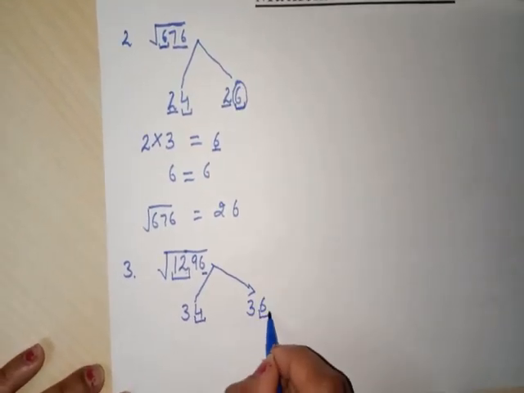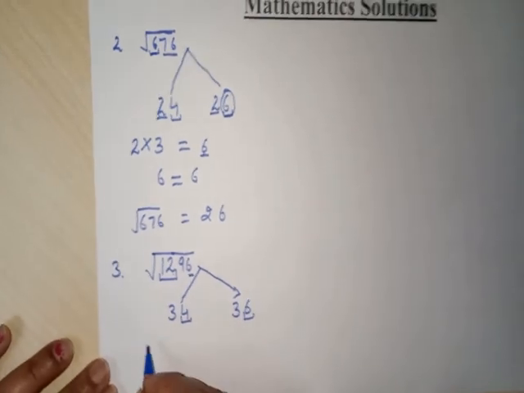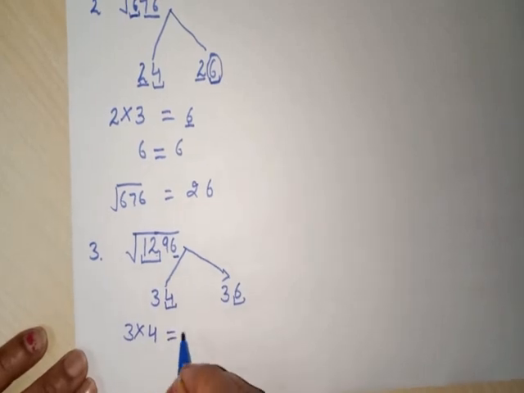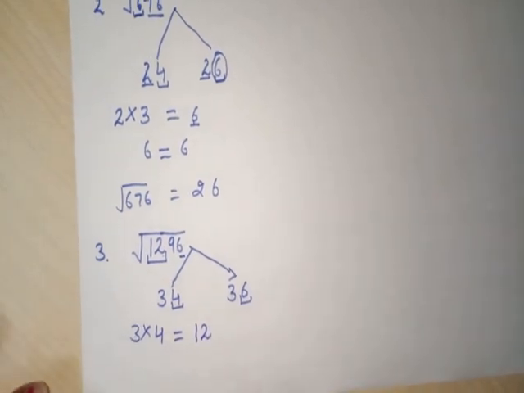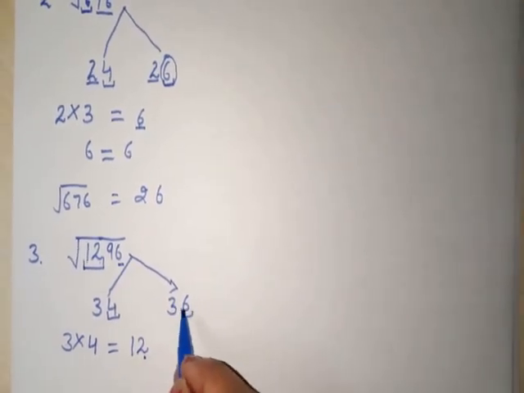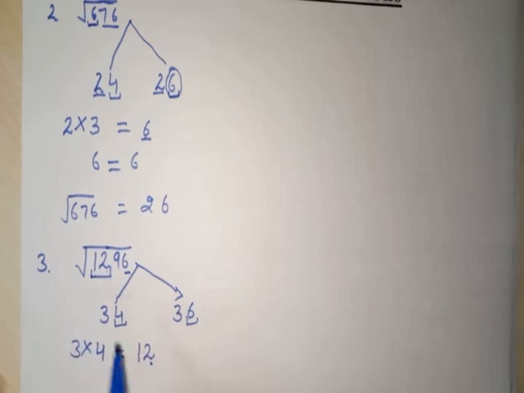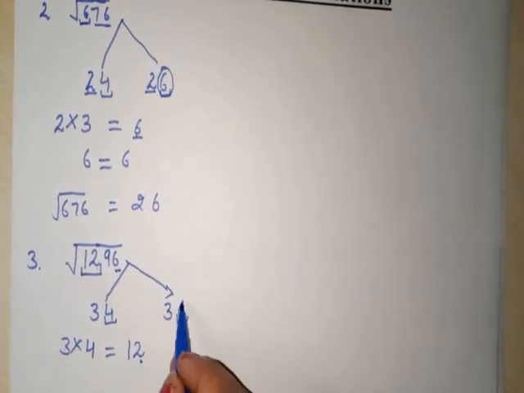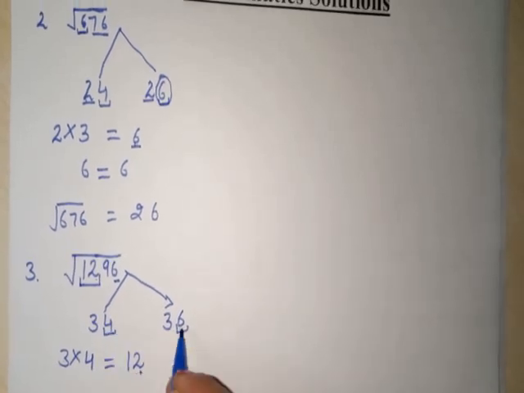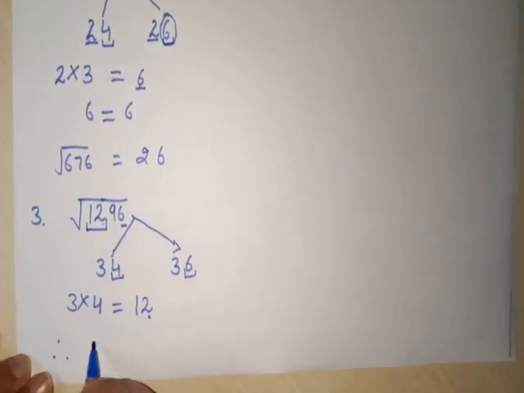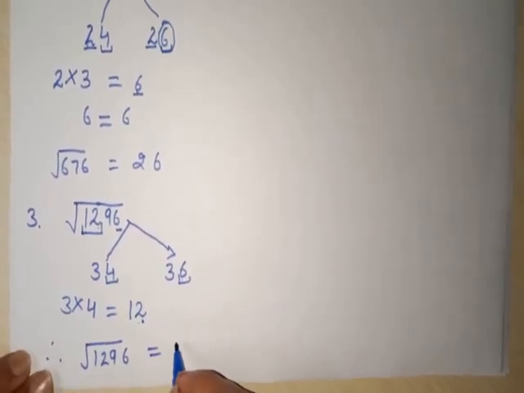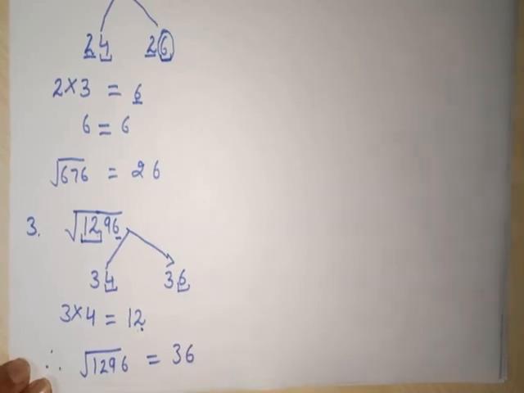So out of 4 and 6, which is the correct digit at the unit place? For this, multiply this 3 with its next number, 4. 3 fours are 12. Again the number here is equal to the product, so we will take the larger number. If this number is greater than or equal to the product, then we will take the larger number out of these unit digits. Therefore the square root of 1296 is 36.